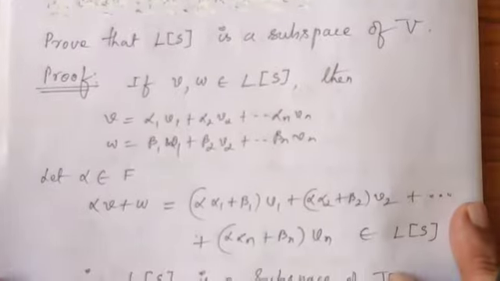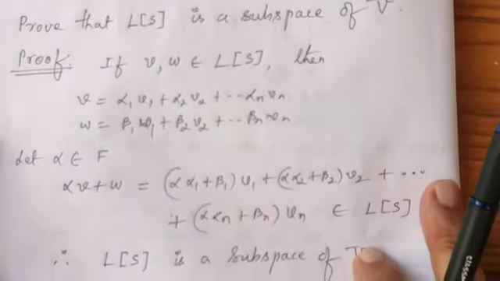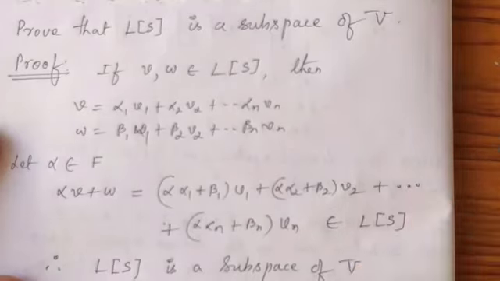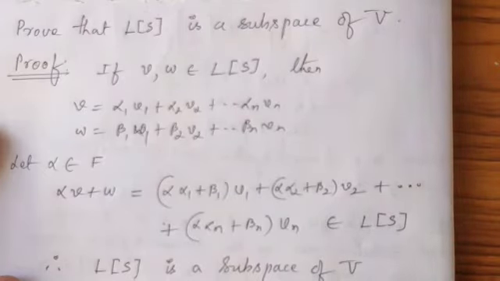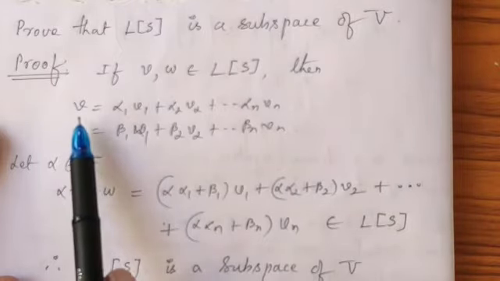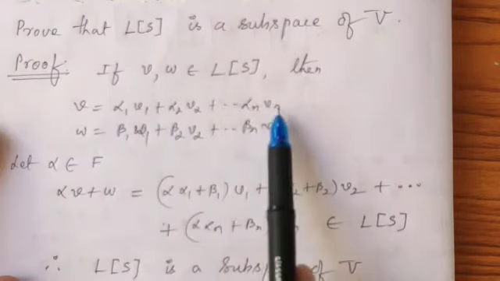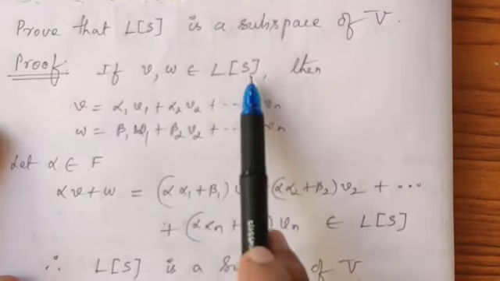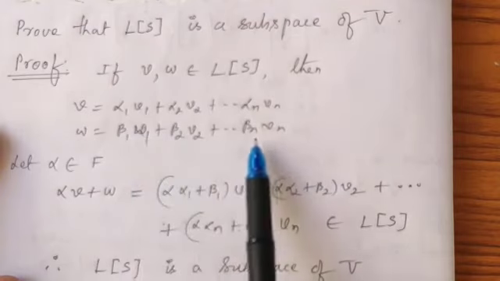So next we have a simple theorem here. Prove that the linear span of S is a subspace. How to prove that this is a subspace? Take a scalar and two vectors, then prove that scalar multiplication and vector addition are closed. That means if you take u, v and alpha, then you have to prove that alpha v plus w belongs to the linear span of S. It's a very simple proof. Go through this. I have taken v belongs to L of S, means a linear combination of the vectors v1, v2 etc. vn. W belongs to L of S, means a linear combination of the vectors v1, v2 etc. vn.